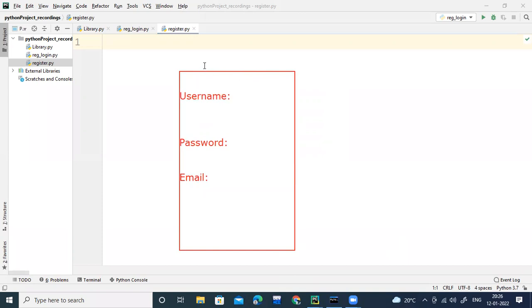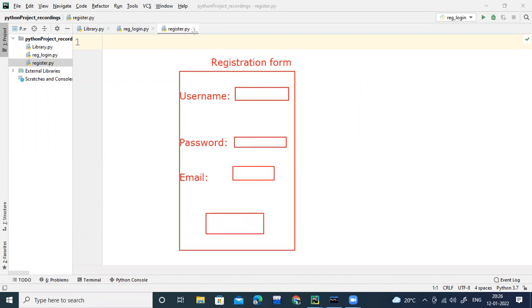So this will basically be a registration form. I'll be creating entry boxes to read the data from the user. Along with that, I'll be creating one register button also.